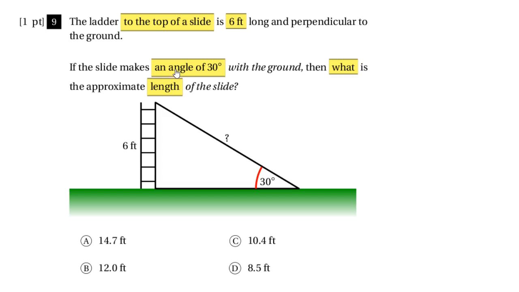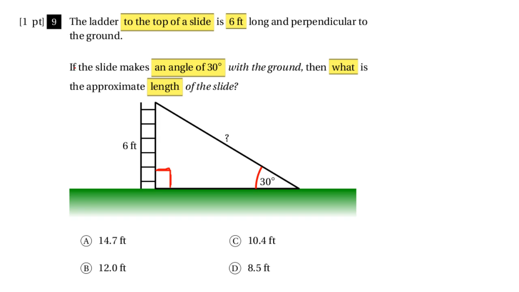So in this particular problem, there's a ladder that goes to the top of a slide, and it's 6 feet long. And it's perpendicular to the ground. So I can see the ladder right here, it's perpendicular to the ground, but they didn't mark it. So I'm going to actually put a perpendicular right angle box inside the triangle so that it forms a part